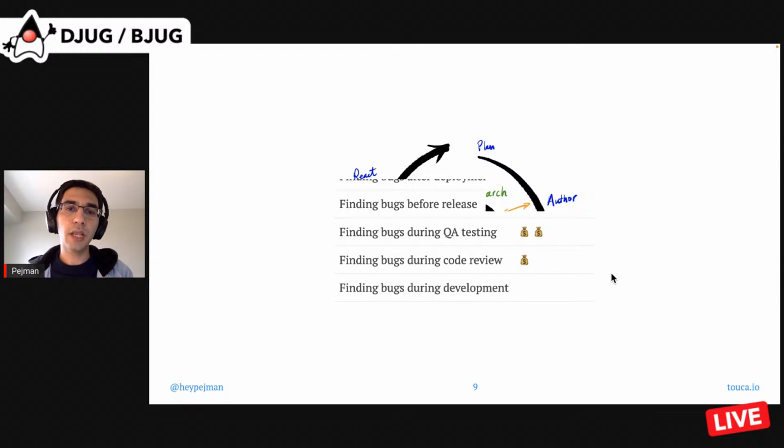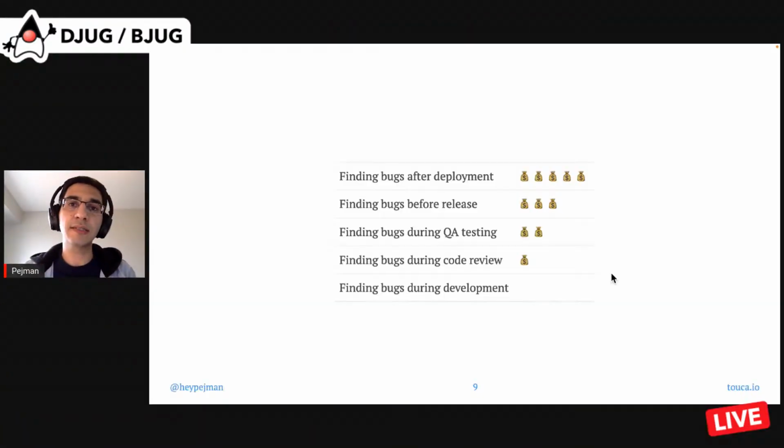Now, the reason is, of course, the longer it takes for us to get to that feedback cycle, the costlier it would be to find and fix our bugs. From the software developer perspective, if I have to wait for a particular version of my code to get released out there to find out whether I did my job right or not, then of course, not only does it take time,